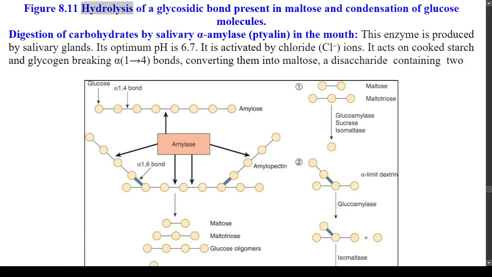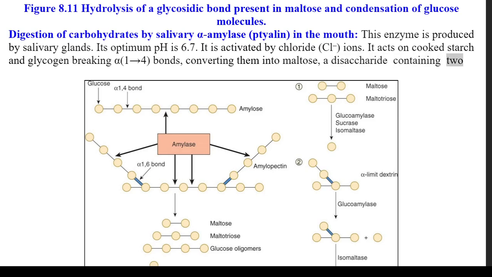Figure 8.11 Hydrolysis of a glycosidic bond present in maltose and condensation of glucose molecules. Digestion of carbohydrates by salivary alpha amylase, ptyalin, in the mouth. This enzyme is produced by salivary glands. Its optimum pH is 6.7. It is activated by chloride, Cl-, ions. It acts on cooked starch and glycogen breaking alpha 1→4 bonds, converting them into maltose, a disaccharide